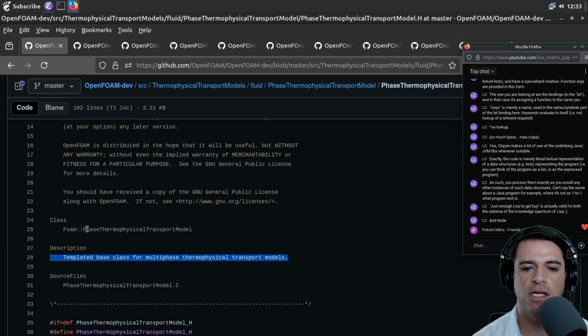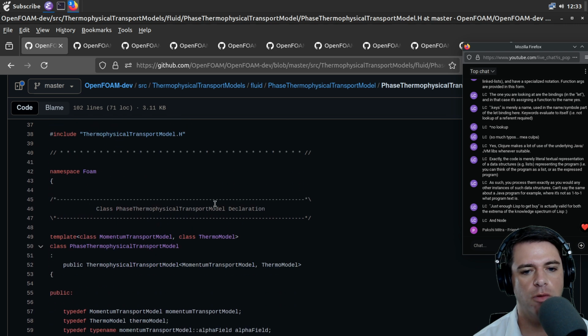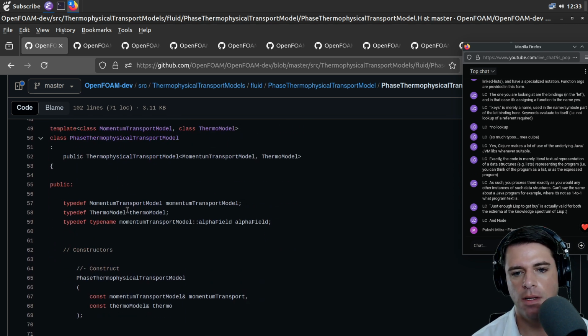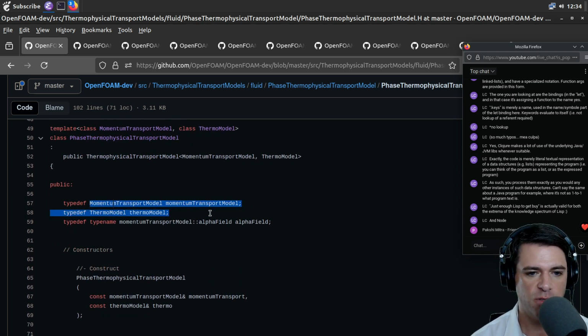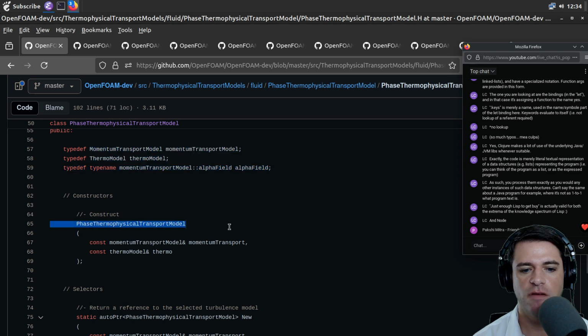It's a templated base class for multi-phase thermophysical transport models. I don't know what multi-phase means. I don't know if we're changing phases of matter, or if we're changing from laminar to turbulent, or both, or all three. We have a momentum transport model, a thermo model, and a momentum transport model alpha field. We have some constructors,